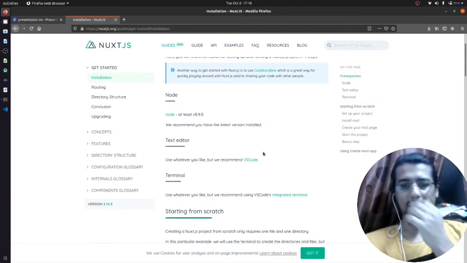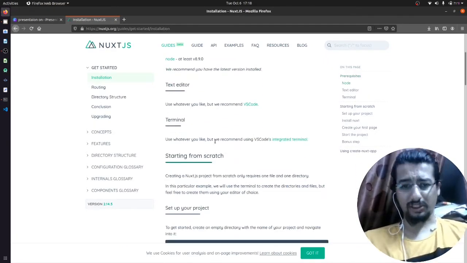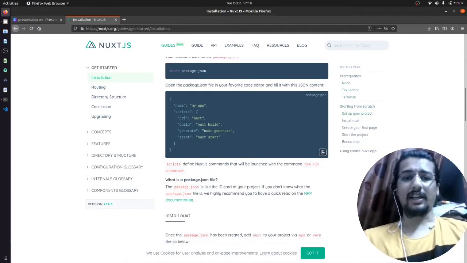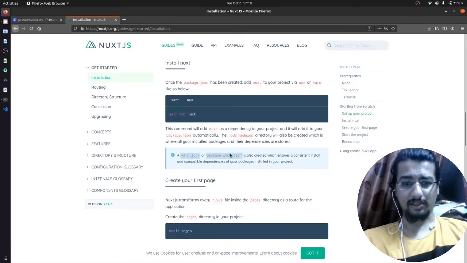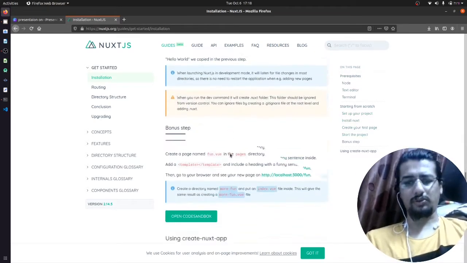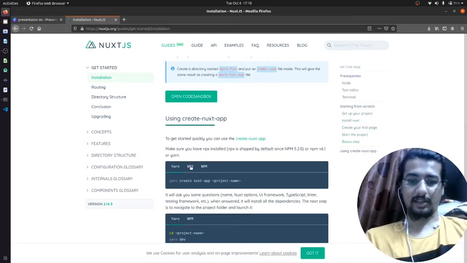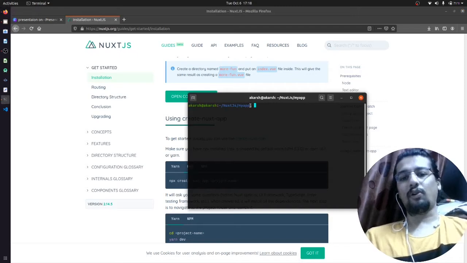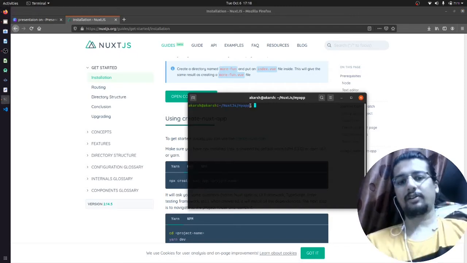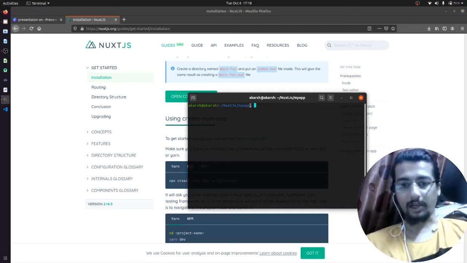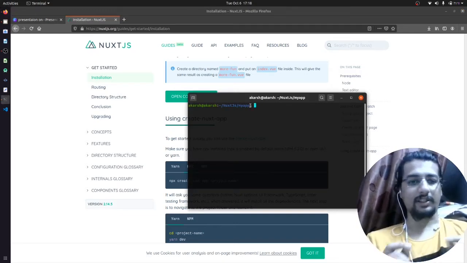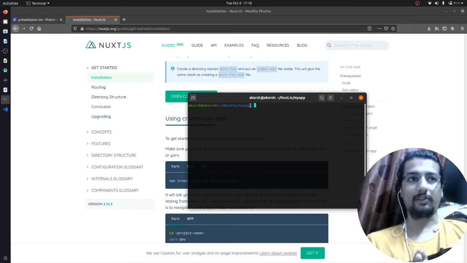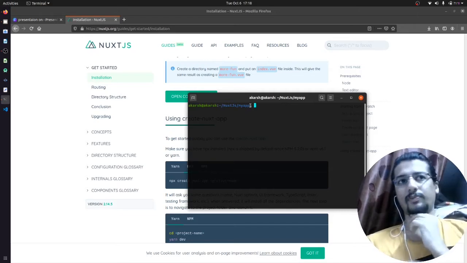So how to install that? You can just follow the installation guide. You can create a package.json by npm init and give this code and other stuff, but I'm gonna use create next app. I'm gonna use the npx create next app, my app, and I have already done that because that command takes a little while to create your application. Just npx create react app, my app, and it will create everything for you.